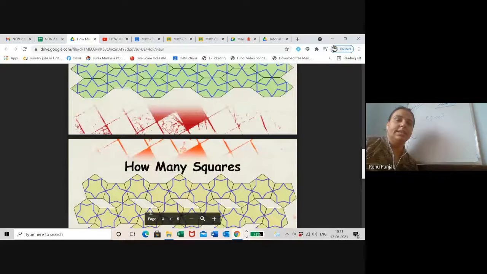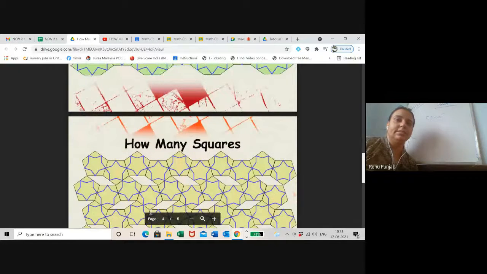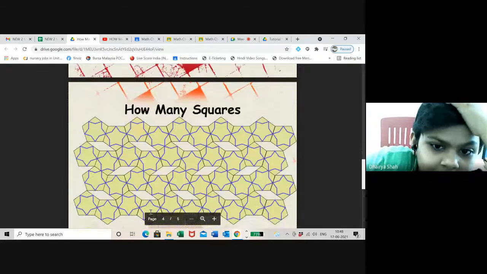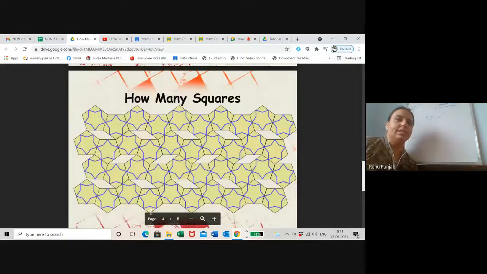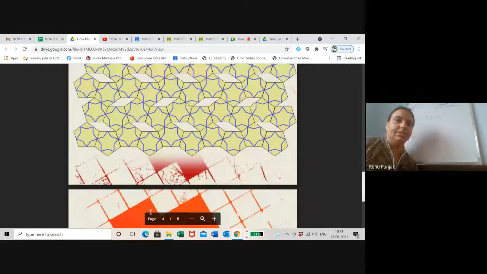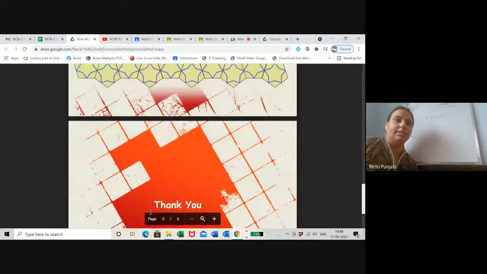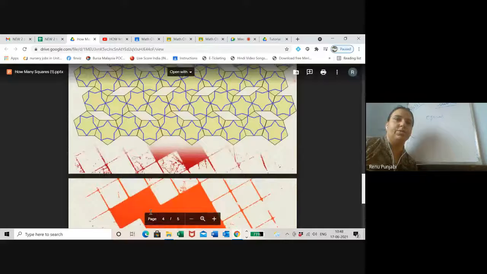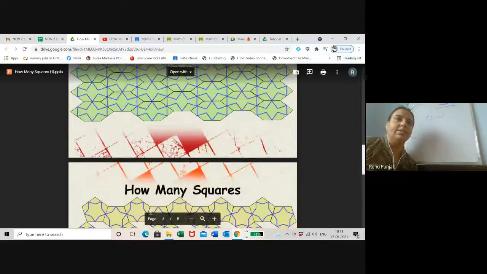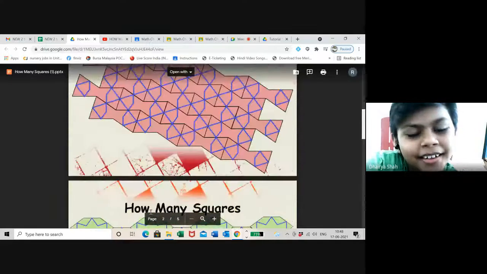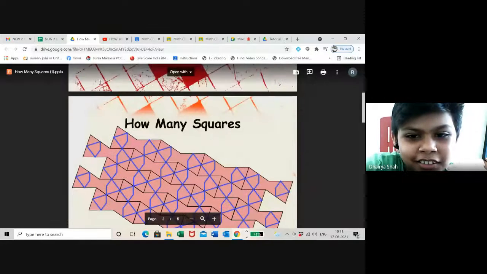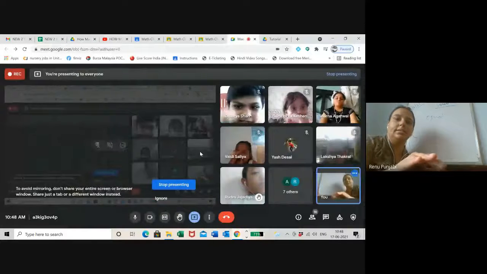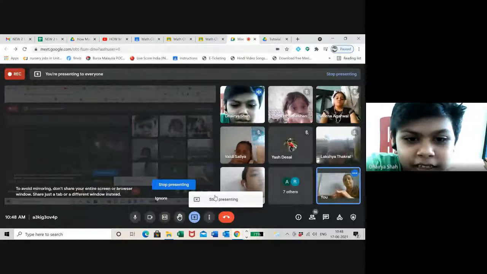Next, is this a tiling? Oh ma'am, this is a wrong tiling, because they are leaving gaps in between. When you go to the next one, these are the three different shapes which leave no gaps. Then we can take the presentation which starts now. There also there is a pattern, so we can take that pattern also.